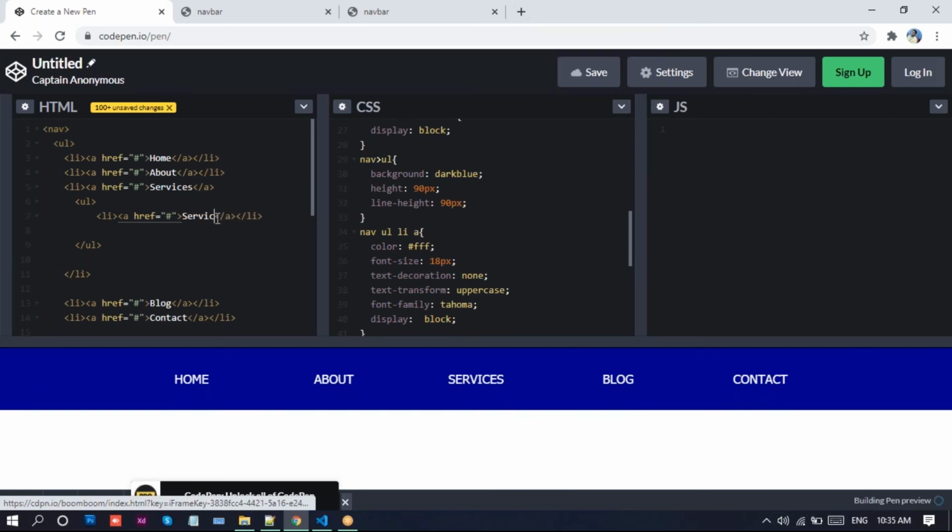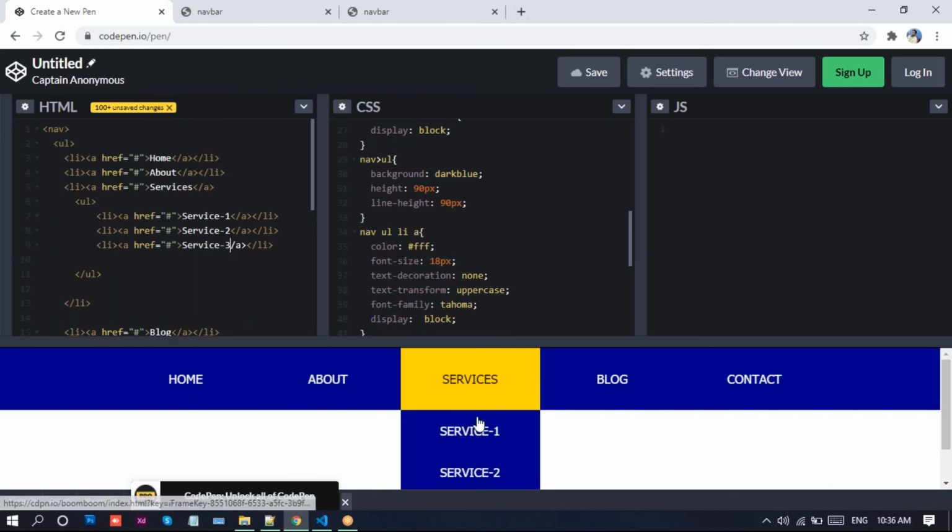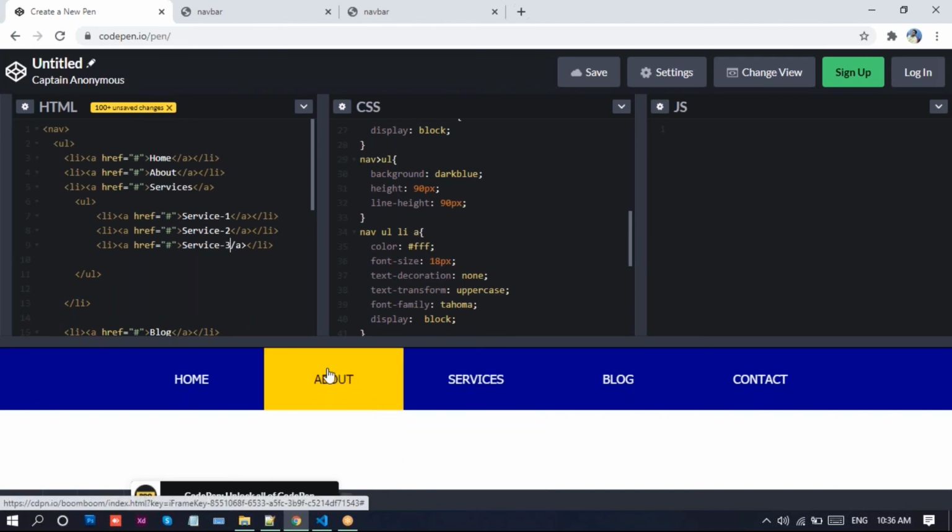Now here we can write service 3. Now look at this one.